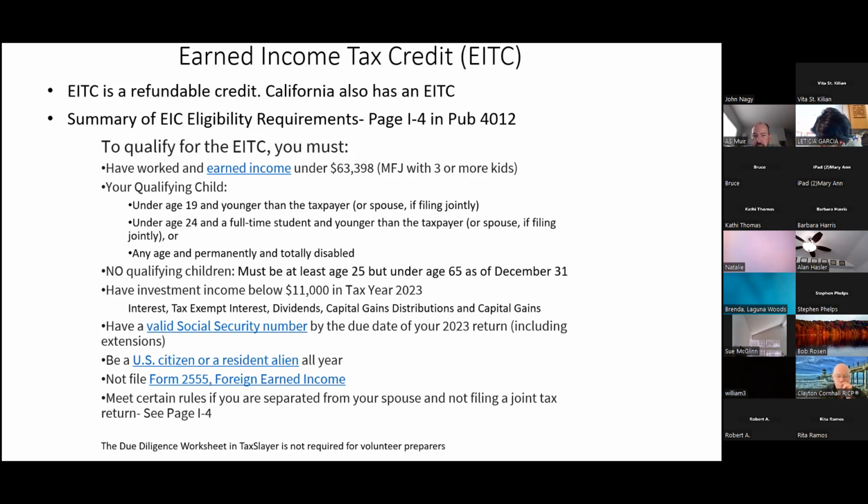The foreign earned income is out of scope for basic filers. Let me restate that, for the basic module and the advanced module. If you complete the international module, the 2555 is in scope, and we will help people out. But for St. Killian's VITA, we're not going to do the 2555. But you've got to ask the question. So that means, hey, did you file the 2555?